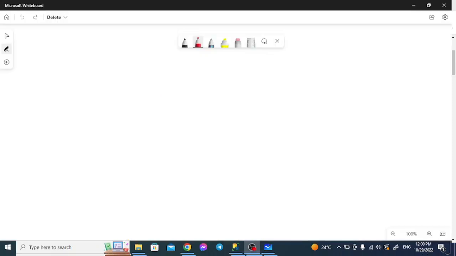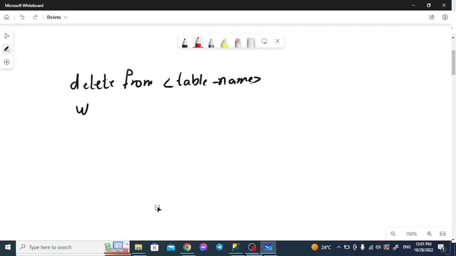So the delete statement is actually used to delete rows from a specific table, and the syntax is quite simple. It's delete from the table name, then the where clause and a condition. So the condition actually is going to specify the row which will be deleted,